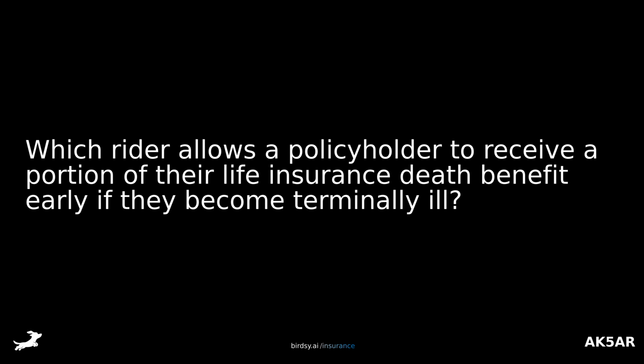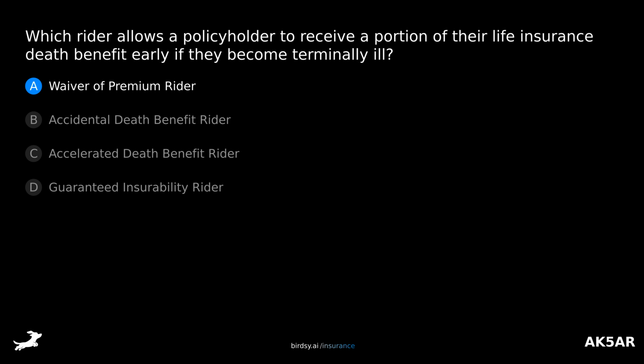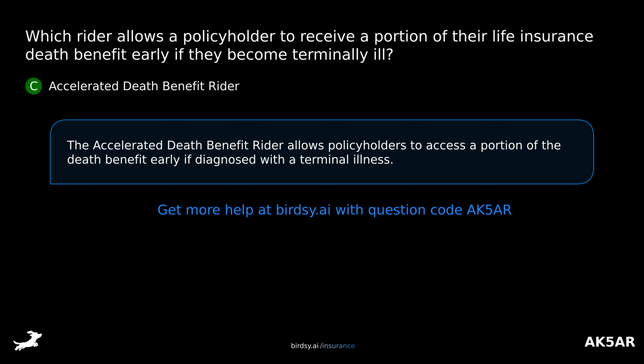Which rider allows a policyholder to receive a portion of their life insurance death benefit early if they become terminally ill? Is it A, waiver of premium rider, B, accidental death benefit rider, C, accelerated death benefit rider, or D, guaranteed insurability rider? The answer is C, accelerated death benefit rider. The accelerated death benefit rider allows policyholders to access a portion of the death benefit early if diagnosed with a